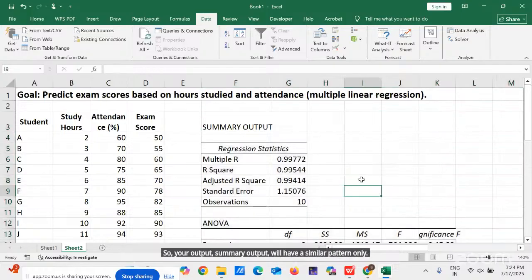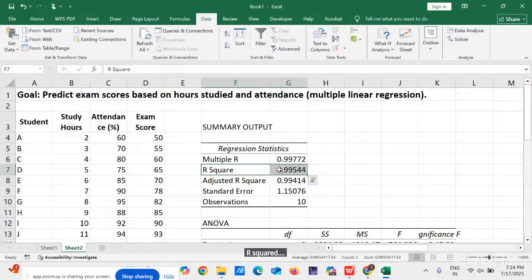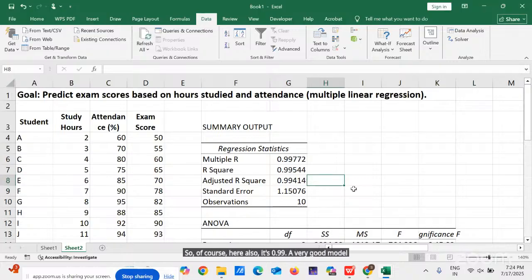First you check how good your model is. For simple linear regression, we used to take R square. For multiple linear regression, we go for adjusted R square. So of course here also it's 0.99, a very good model. That is 99% of the variation has been explained by these two variables. These are the two factors,